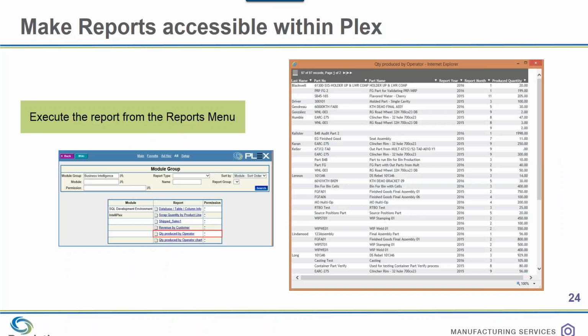And once I've done that, then if I'm looking through all of my Plex reports or Plex reports in a particular module group, I can search on that, and you can see that it will come up, and clicking on that is going to execute the report and give me the output right there. And again, the active reporting piece of it works, so now I'm looking on the screen and I have the ability, above and beyond just running the report within Plex, but also the capability of taking that and doing some additional work and some activities against that.